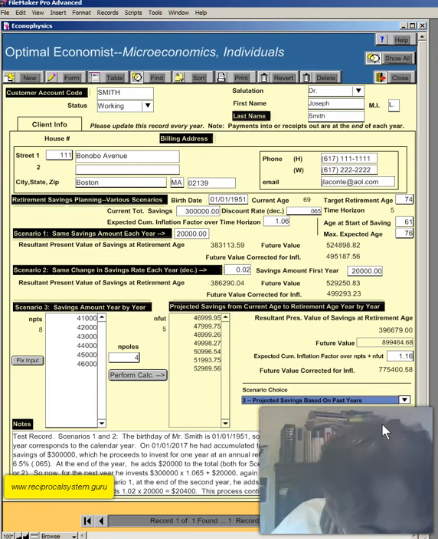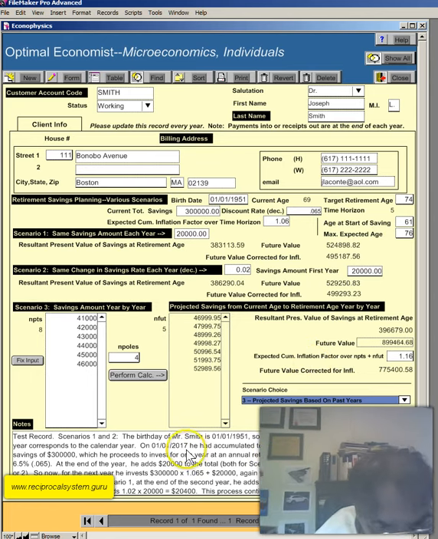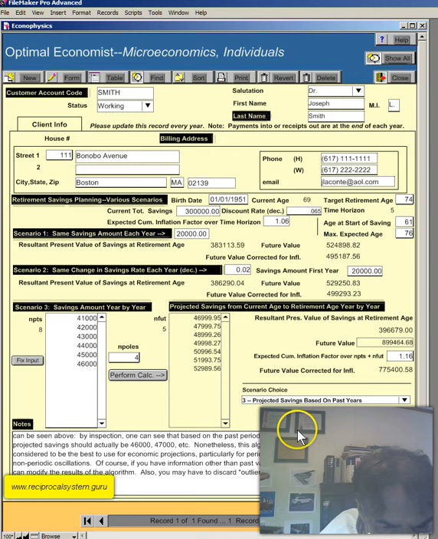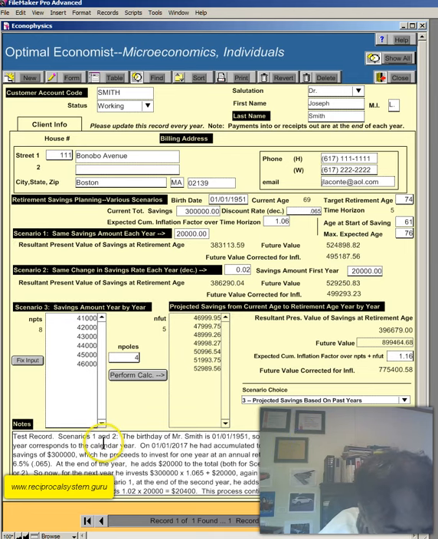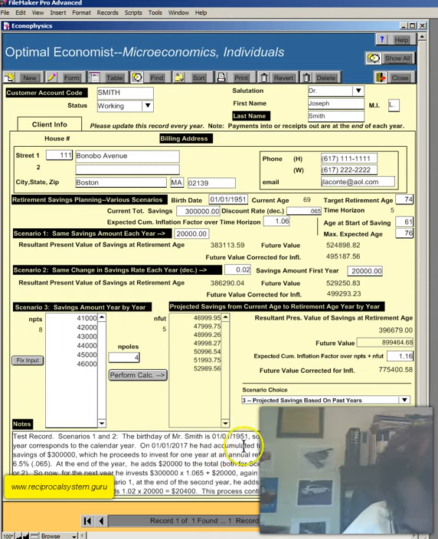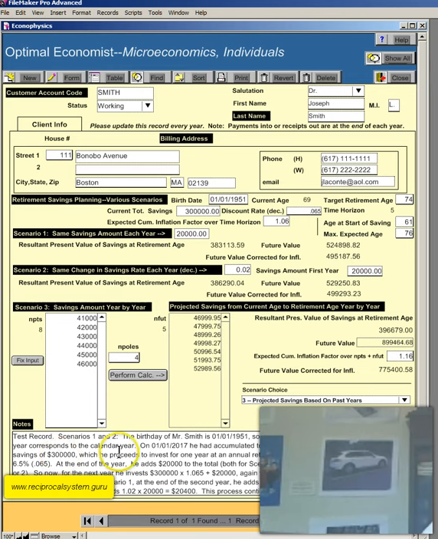Okay, so that takes care of this first layout. I think what I'm going to do, I'm just going to read the note here. I think it's pretty important. So this will be like a little review here. So the scenarios 1 and 2. The birthday of Mr. Smith is 01/01/1951, so his fiscal year corresponds to the calendar year.